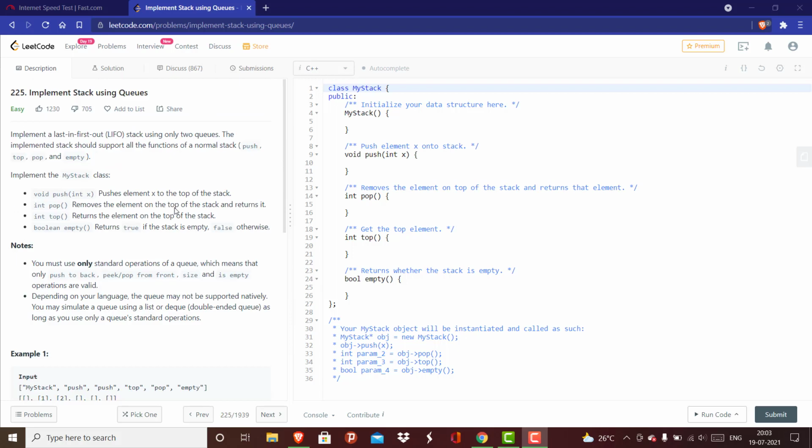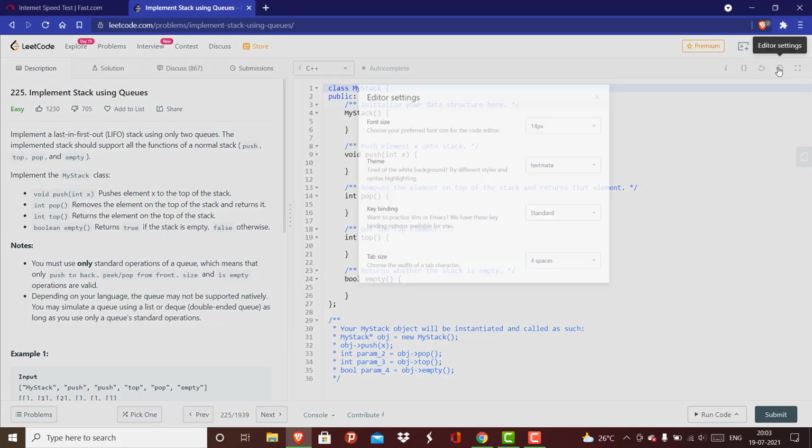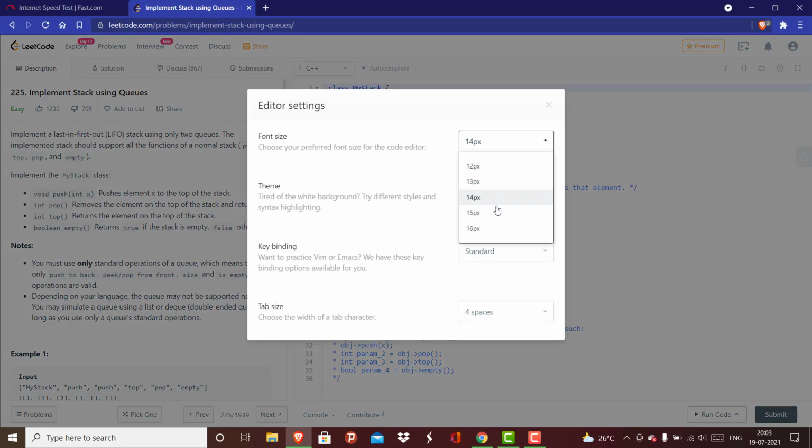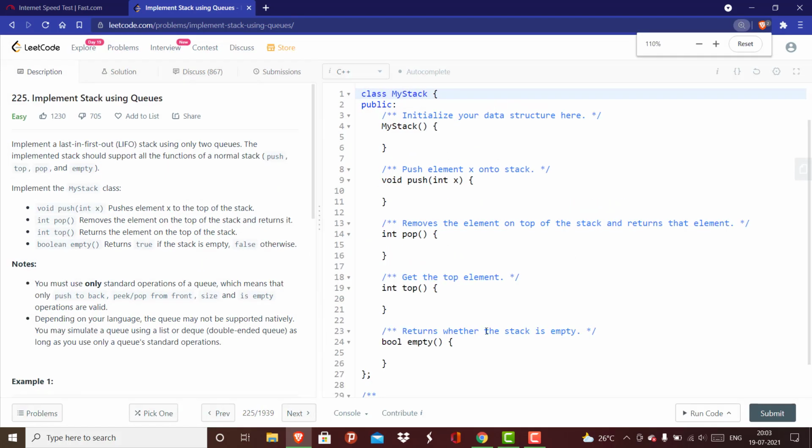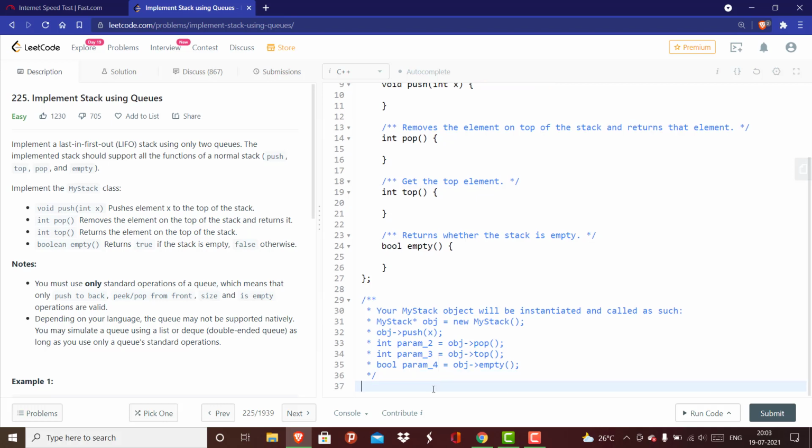Hello everyone. So today we'll be doing the LeetCode problem number 225, Implement Stack Using Queues. Let me increase the size of the font. I'll also zoom in. Okay, so in this question what we are given is we have to implement stack using